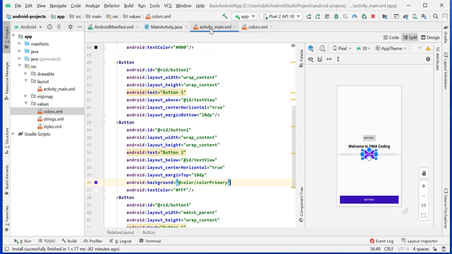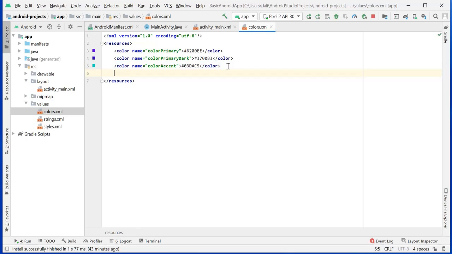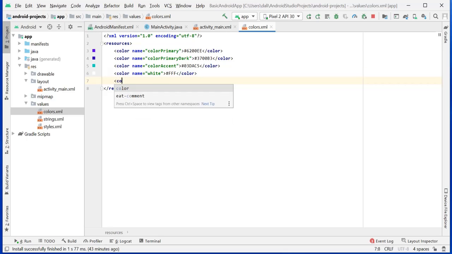Because if we do hard code, like here we have done text color white, it is hard coded. And if we create a color white here, name white, and color black, I'll tell you the benefit of this.